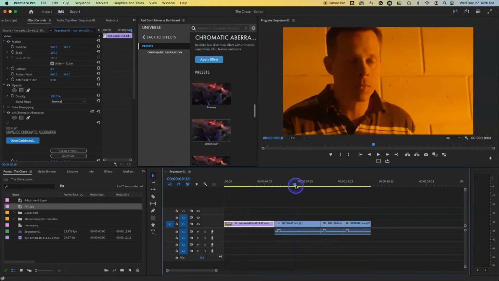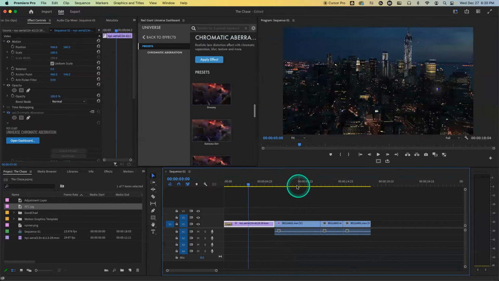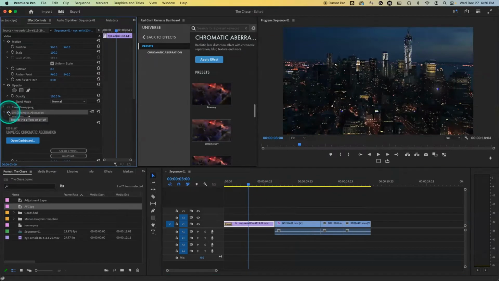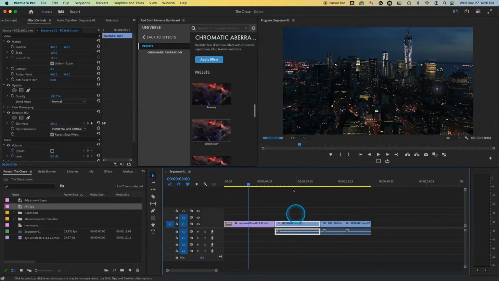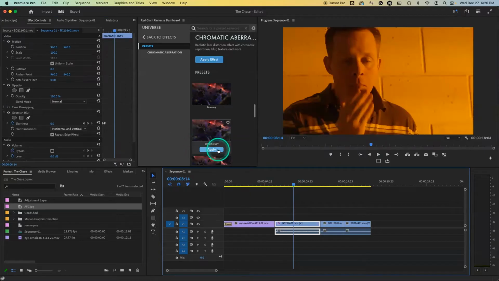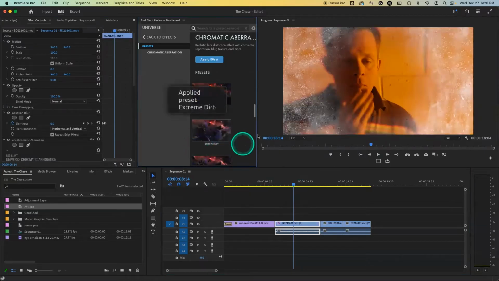Extreme dirt didn't do much here. Might have added some dirt to the layer, but oh, because we're clicking the first layer. I was clicking the other layer. Oh yeah, okay, so it added a little bit of dirt there. Let's remove this effect. Sorry. There's my extreme dirt. Let's remove this here, and let's click on this layer. Got to make sure I'm clicked on the layer, and let's apply extreme dirt. Oh, okay, so it added some dirt to there. So it adds some dirt,